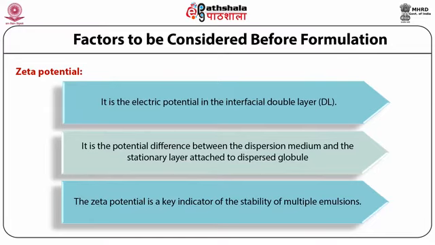For molecules or globules that are small enough, a high zeta potential will impart stability by resisting aggregation in the dispersion media. When the potential is small, attractive forces may surpass this repulsion and the dispersion may break. So, emulsions with high zeta potential, negative or positive, are electrically stabilized, while those with a low zeta potential tend to coalesce or aggregate and impart instability to the system.